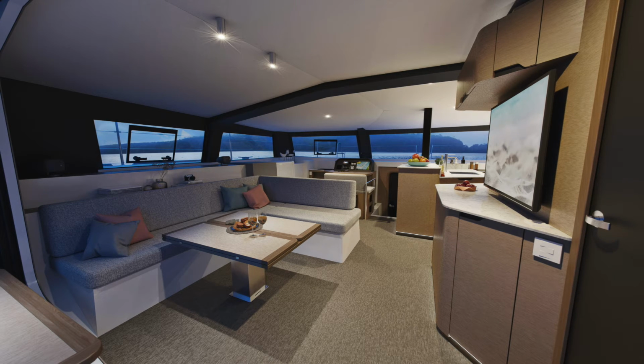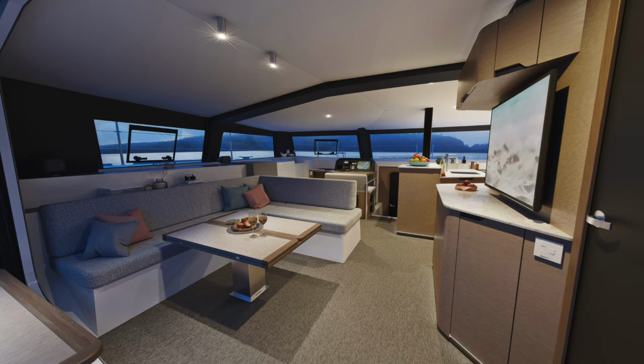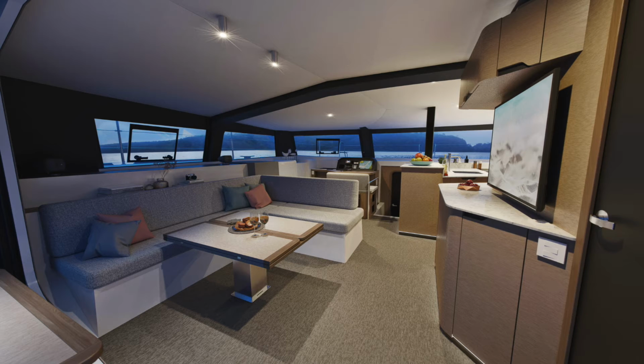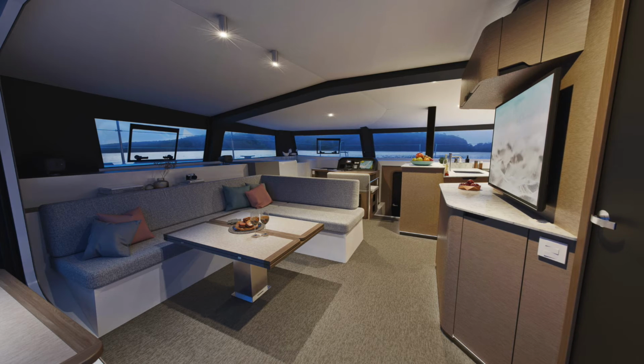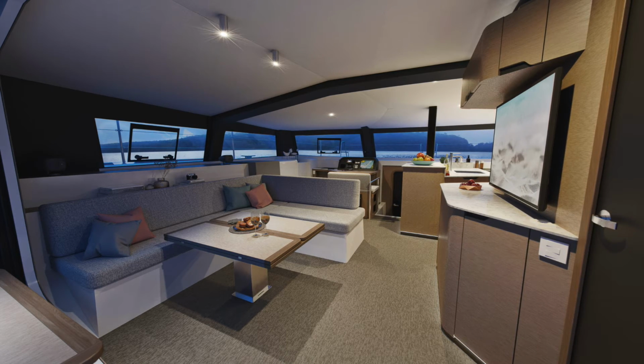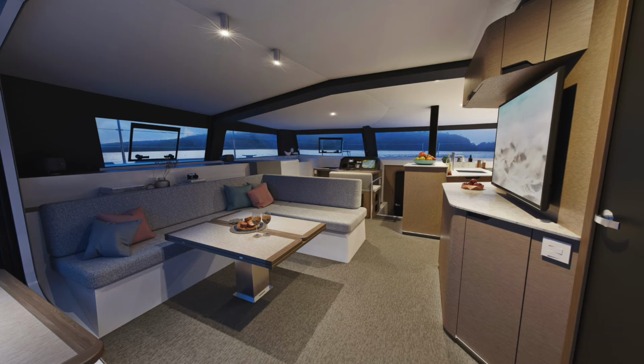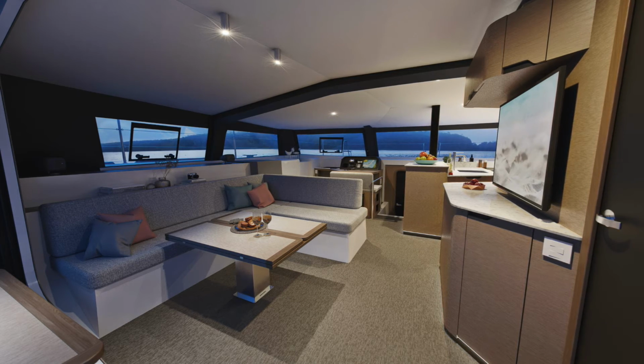I really wish they would polish up. Now it's hard to see from this, but I really dislike the exposed fiberglass at the base of the settees. I think it looks cheap, and that should be dressed up. I think the settee cushions themselves should have some detail to them. Either they should have a buttoned back, or they should have